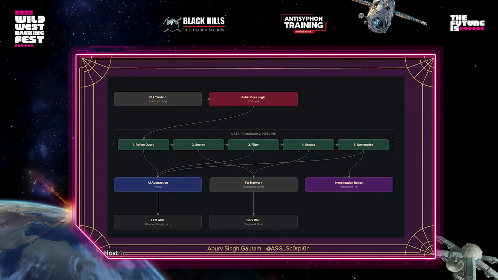Starting with the UI, bypassing that, on the data processing side there are 5 steps here. The first is refine query. Let's say you have a query, whether you are researching a company or a threat actor. The example we will take today is ransomware leak sites. You are researching ransomware sites, you want to know how many ransomware operators there are, and mostly leak sites where data is dumped.